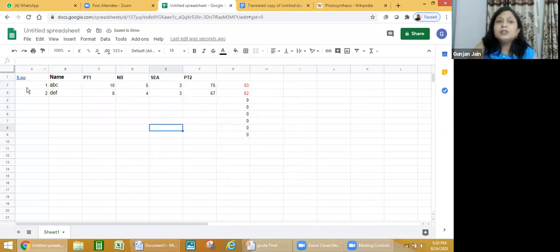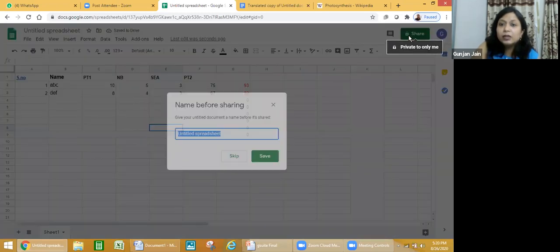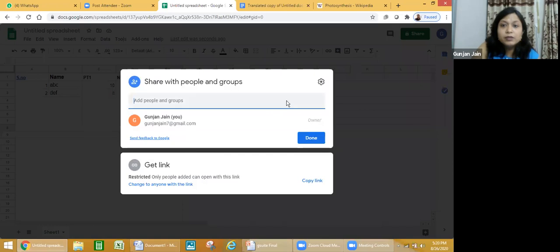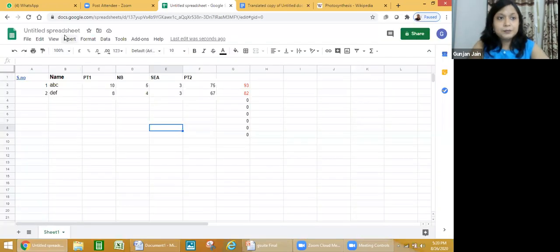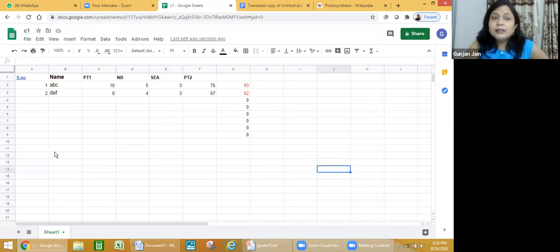Okay, the sharing is the same. You can click on share. Okay, again, I have not saved it, so I have to save it first. Suppose I'm saving with the name C1. And see, you must have noticed I'm not clicking on the save button. Everyone please see here.